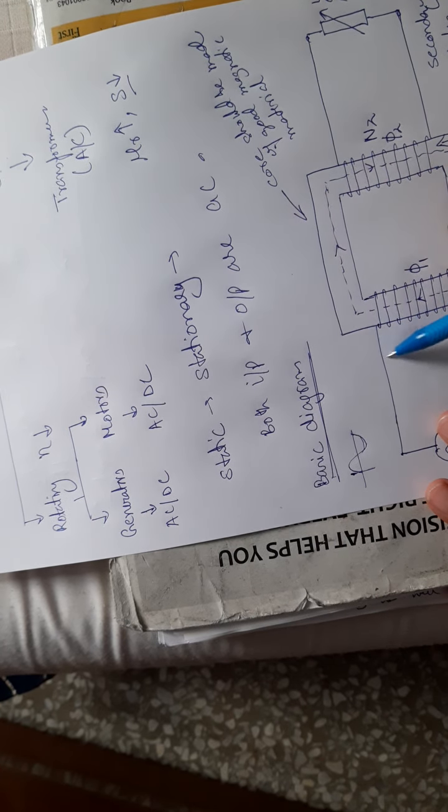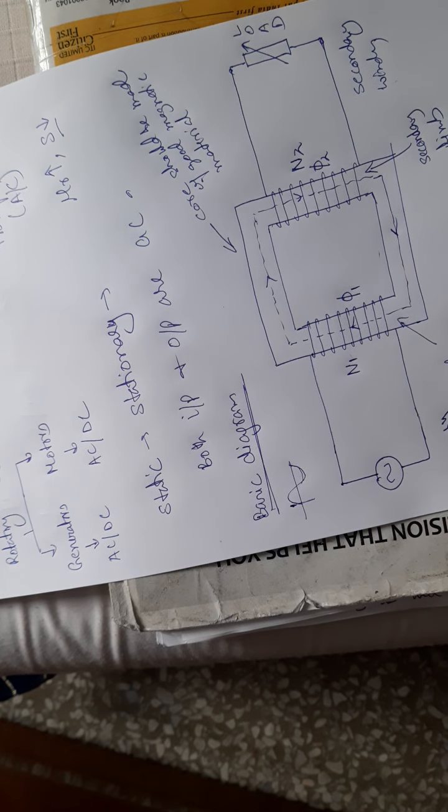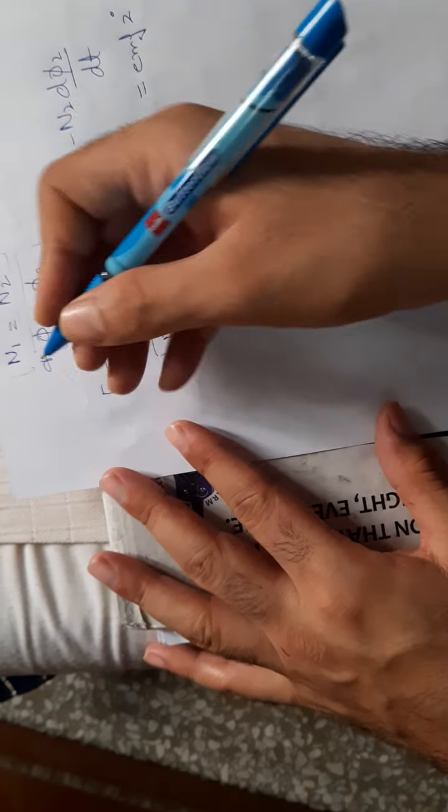Okay, so in between, what is this space filled with? This space and this space. It is filled with nothing. If there is nothing, there is air. And this air also has some permeability, though the permeability is very small and reluctance is very high, but still it has some permeability. I will draw the circuit again here, so that this was the ideal.